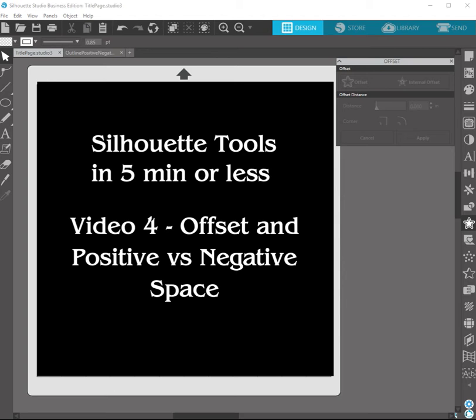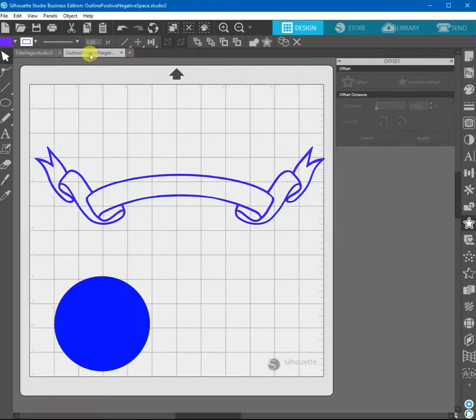Today we're going to have a look at the offset tool and positive versus negative space. One of the challenges that people have when they start scanning or tracing coloring pages or other images from the web or from their own personal books is that they end up with an outline and they want to make it a full color. So I want to just overview the offset tool today and explain the difference between positive